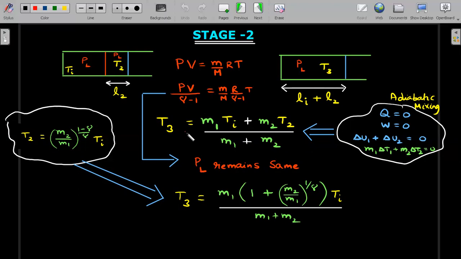Okay, now therefore T3 is this number, but T2 from the previous page, I've borrowed it here. I'll substitute and I'll get T3 in terms of Ti with some small substitutions that I made with M2 by M1 power 1 by gamma. Okay, right, you could see that substitutions. I took common M1 and wrote this. So this is stage 2. In stage 2, I argue W is nothing, 0, right? So there won't be any work. There was only temperature change.